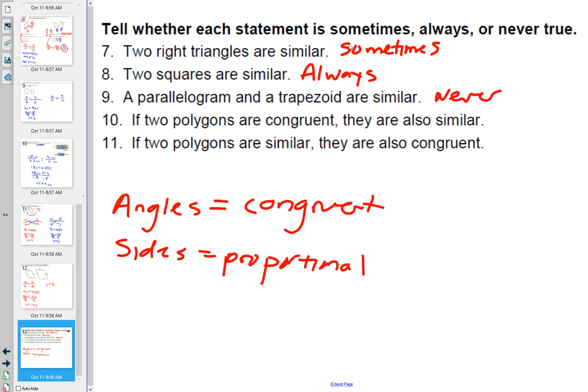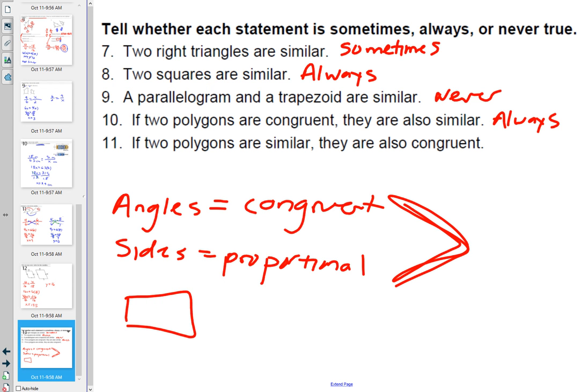If two polygons are congruent, they are also similar. That's actually always going to be true. But the converse is not true. If two polygons are similar, they're not always going to be congruent, because in order to be similar, only this has to be true, right? Okay. Let's go back to here. Let's do rectangles this time. Okay. So